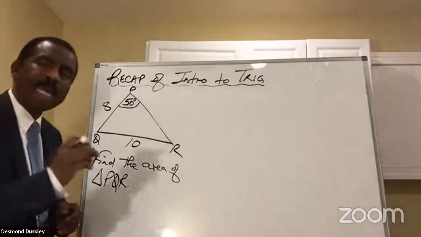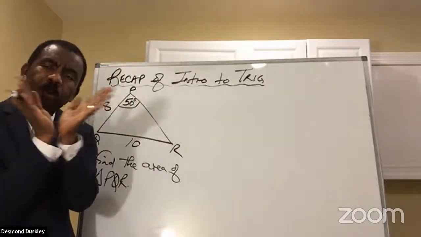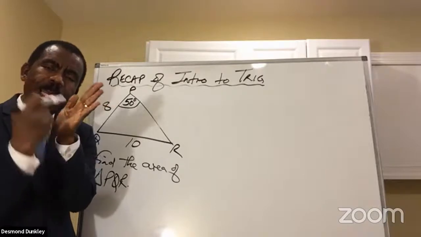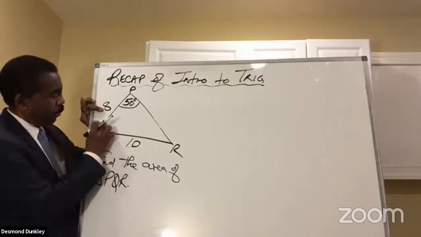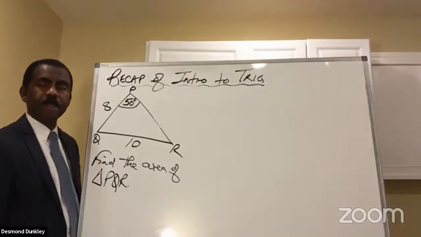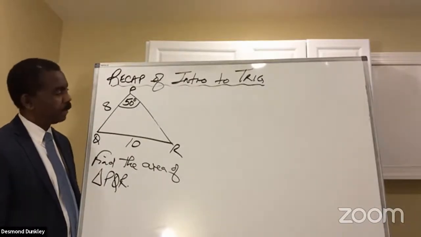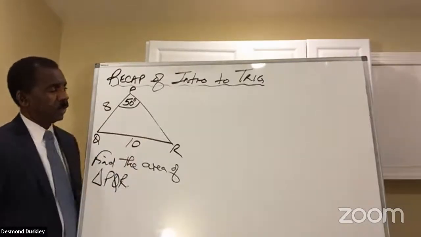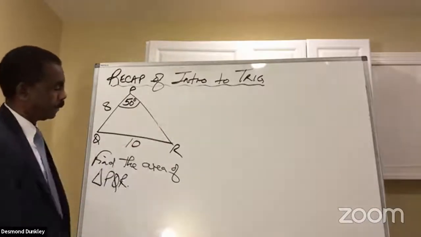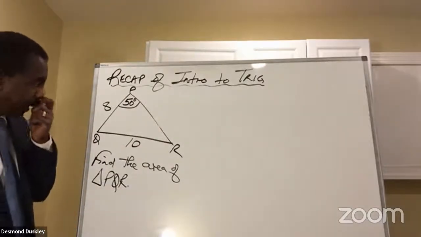Can we use a half AB sine C? Do we have two sides and the angle between? Or we have two sides, but we don't have the angle between. So we are stuck. Do we have three sides? No, we only have two. Can we find the third side? Maybe,